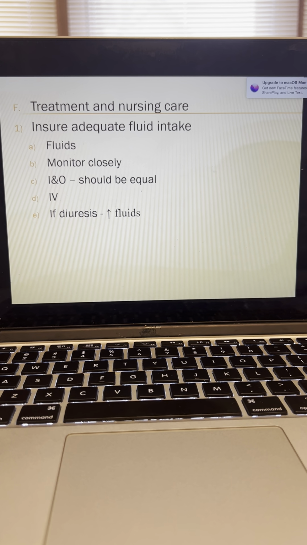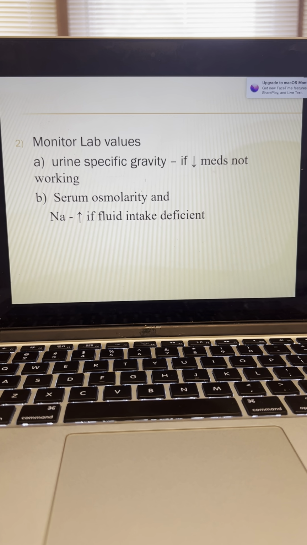They're probably going to need IV fluids, and if they diurese, they're going to need increased fluids. Secondly, we monitor their lab work,